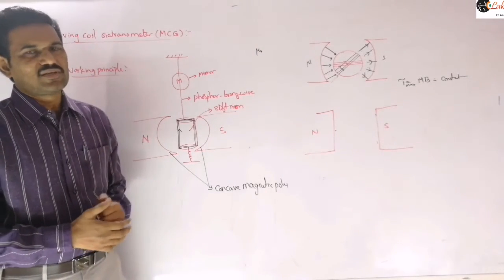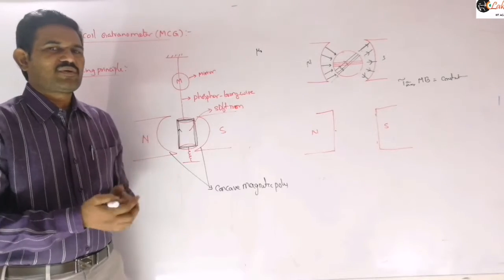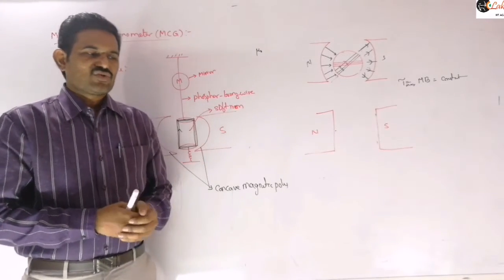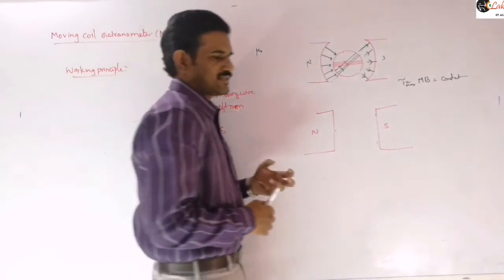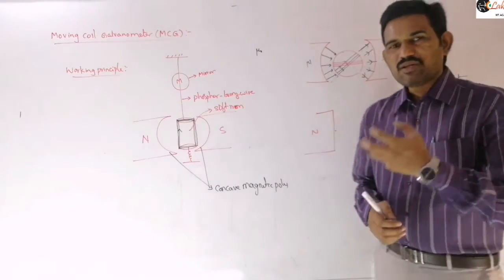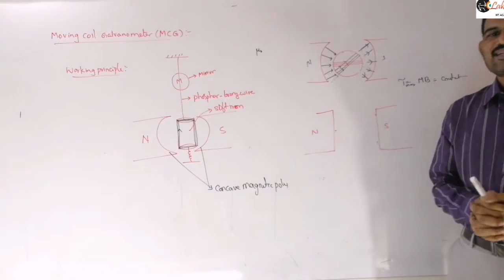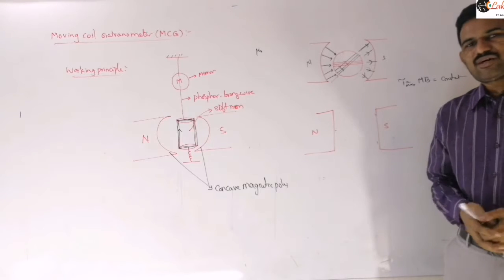the permeability of free space, and mu represents the permeability of any medium. The significance of that permeability is that it indicates the ability of the medium to allow the lines of force or the field lines to pass through it.